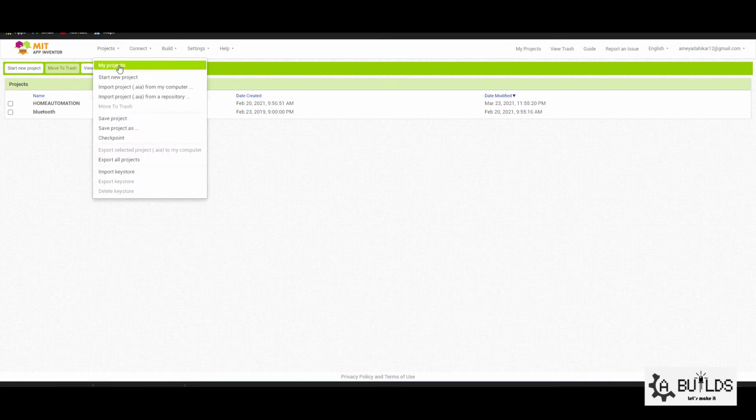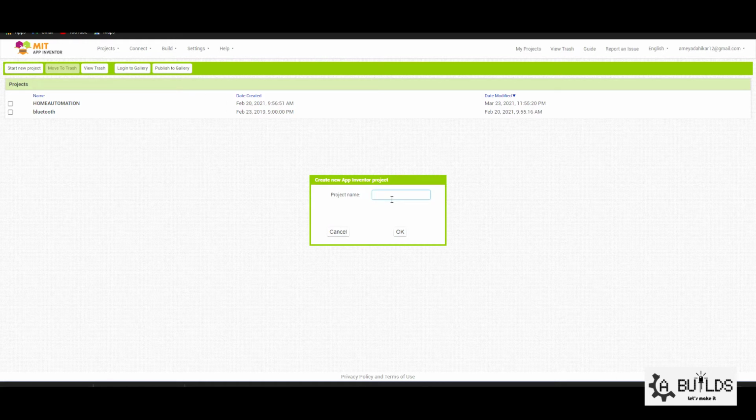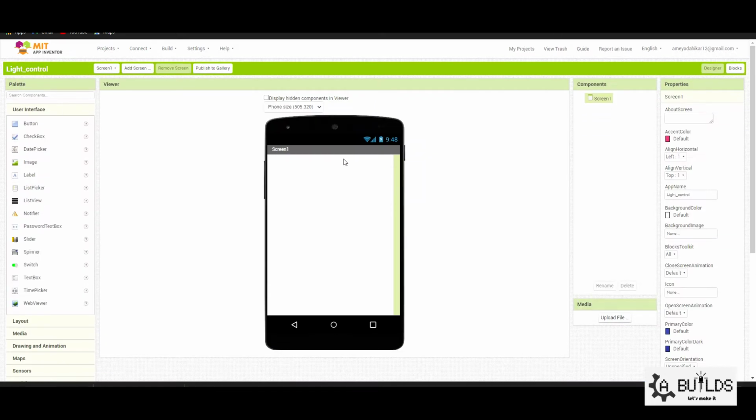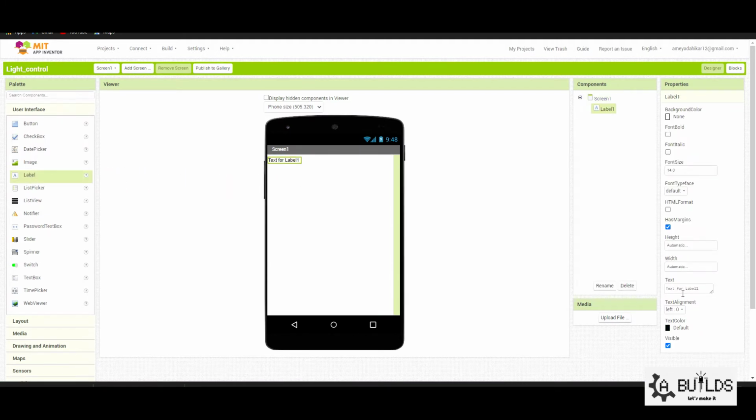First, let's see how I made a simple application using a website called MIT App Inventor. It's an open source website where you can create such applications for your project. For my project, I required two buttons, one for turning on the light and one for turning off the light, and a block called web viewer, which is required to send the same HTTP command that we send in our web browser.